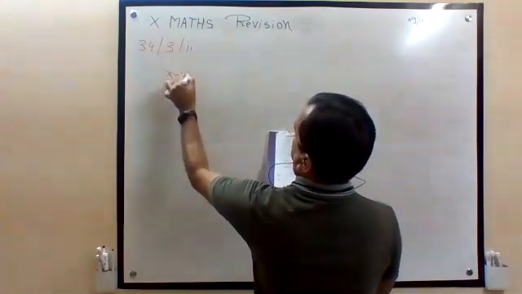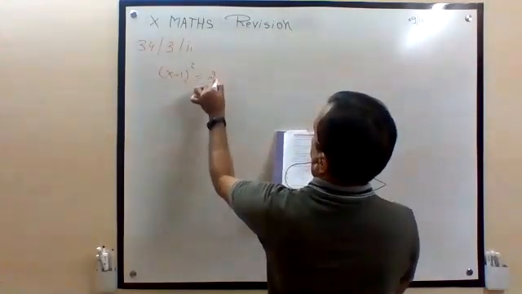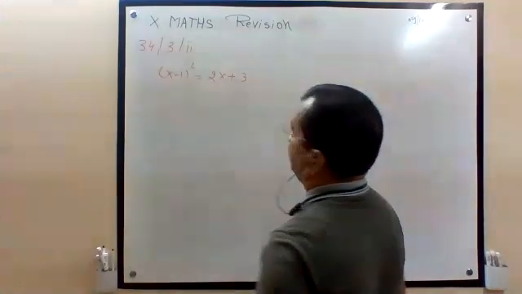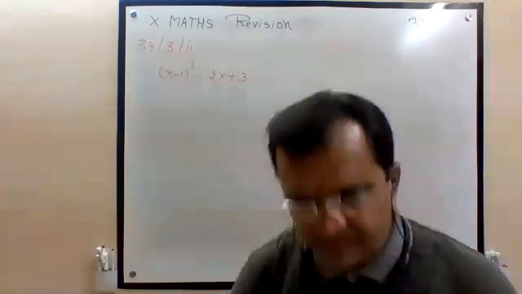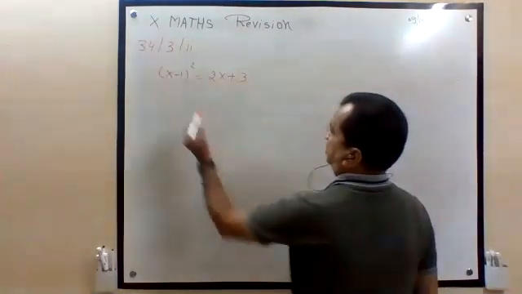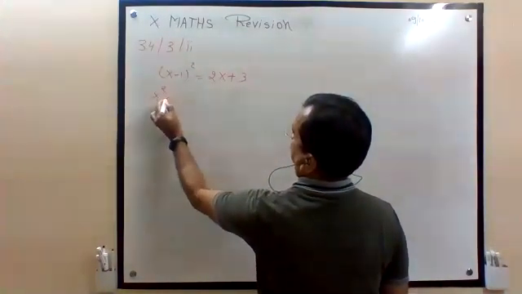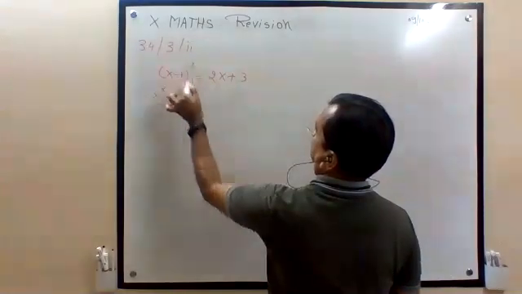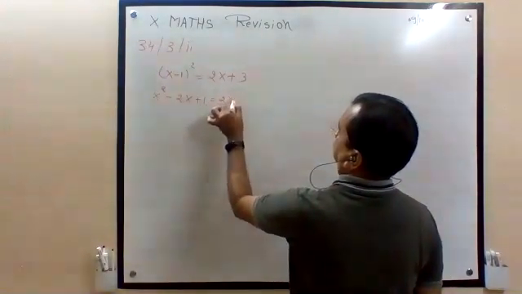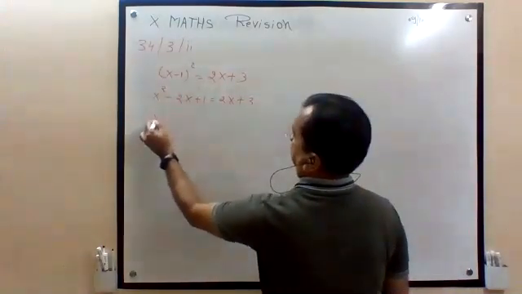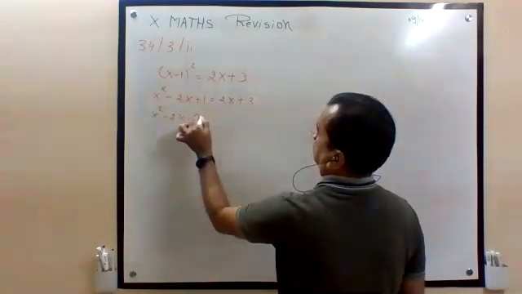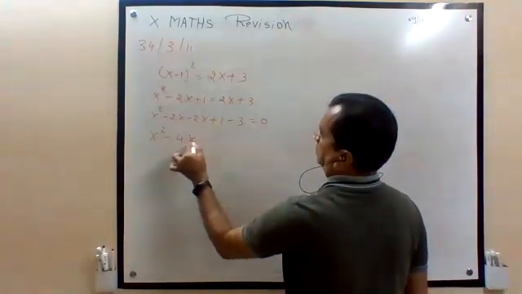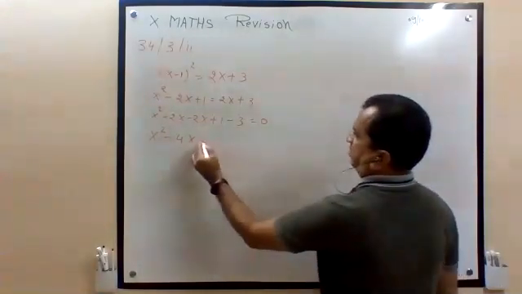It is given (x minus 1) square is equal to 2x plus 3. We have to convert it into quadratic equation form and find out a, b, c. So this is square of the first term, this into this into this means 2ab, and square of the last term. This comes to this side. How 2x minus 1 had come, I am explaining separately.